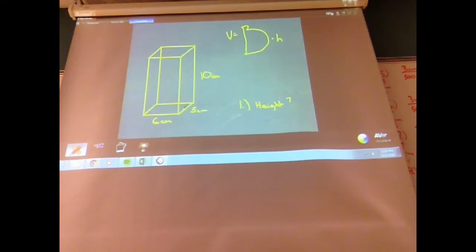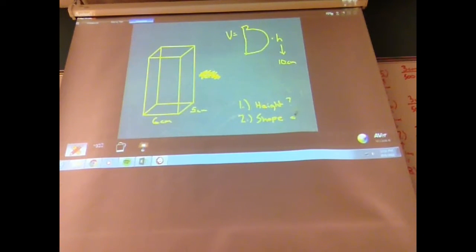Now, when I look at this shape here, I've got 3 measurements, 6, 5, and 10. Okay? The 10 in this case is going to represent my height. So underneath the H, I'm just going to draw an arrow down here, and I'm going to put 10 centimeters. Now, once I use that 10 over here in this problem, I don't need it anymore. So I'm going to scribble this out. Okay? The second question that I want to ask is going to be, what is the shape